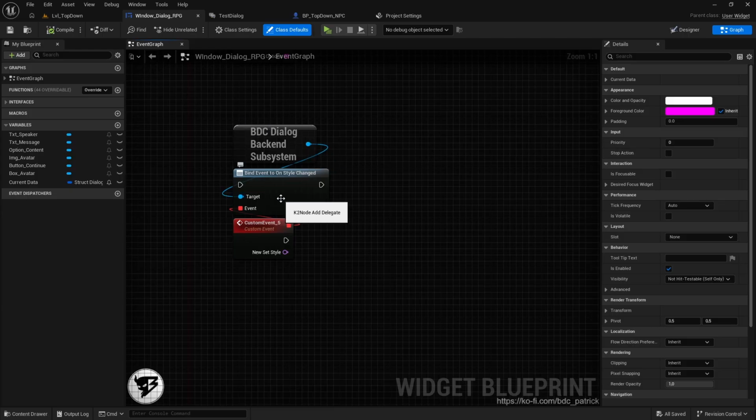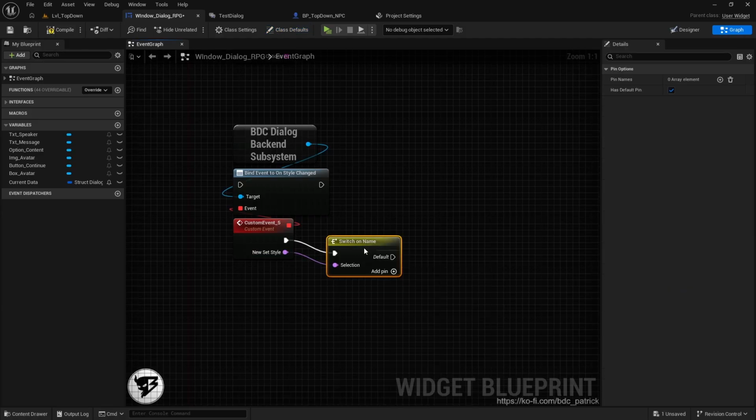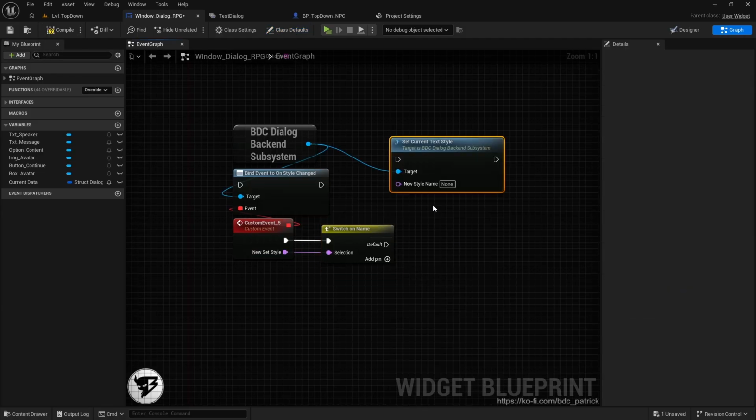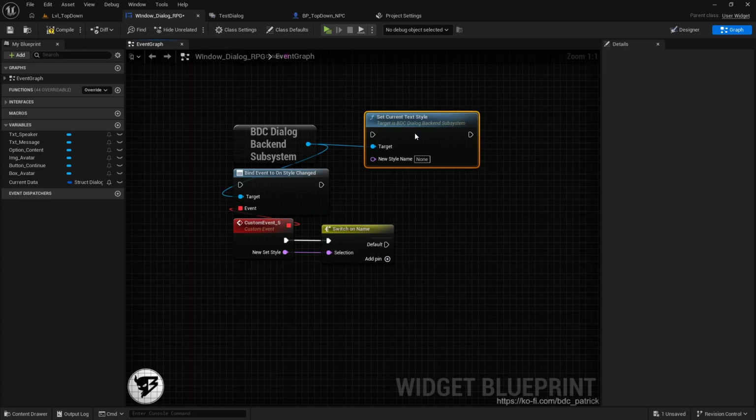Whenever you change style, this binding is called, setting what new style is currently selected. For example, you have to switch name here. You can also use set current text style and, for example, switch the style to whatever you want. The default one again always is